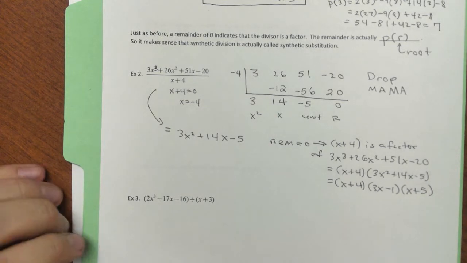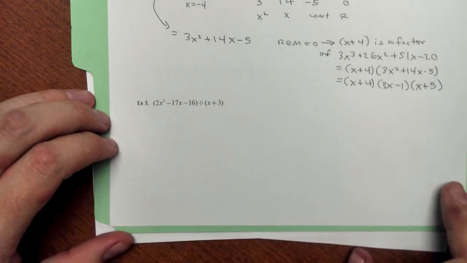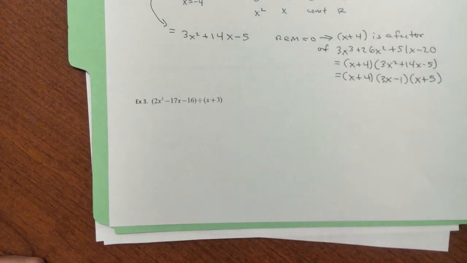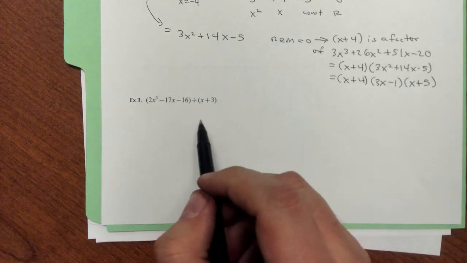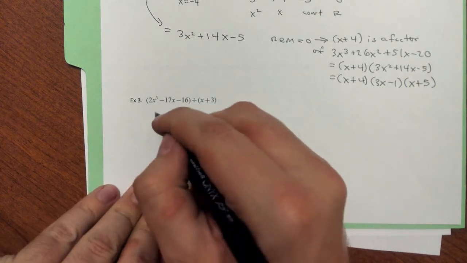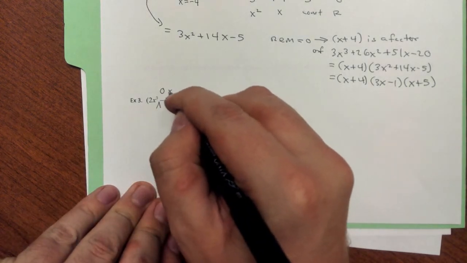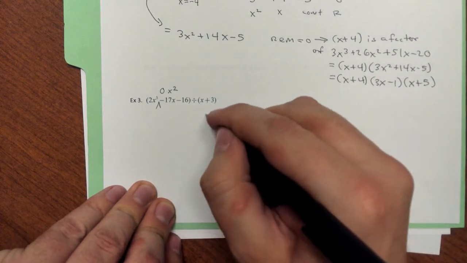Okay, let's take a look at one more example of synthetic division. Here, I have 2x cubed minus 17x minus 16 divided by x plus 3. Now, in polynomial long division, you had to watch out for missing terms in both your divisor and your dividend. In synthetic division, my divisor should be a binomial, so I shouldn't have anything missing. But I do have a missing x squared term here, so I need to take that into account. When I write out my synthetic division,